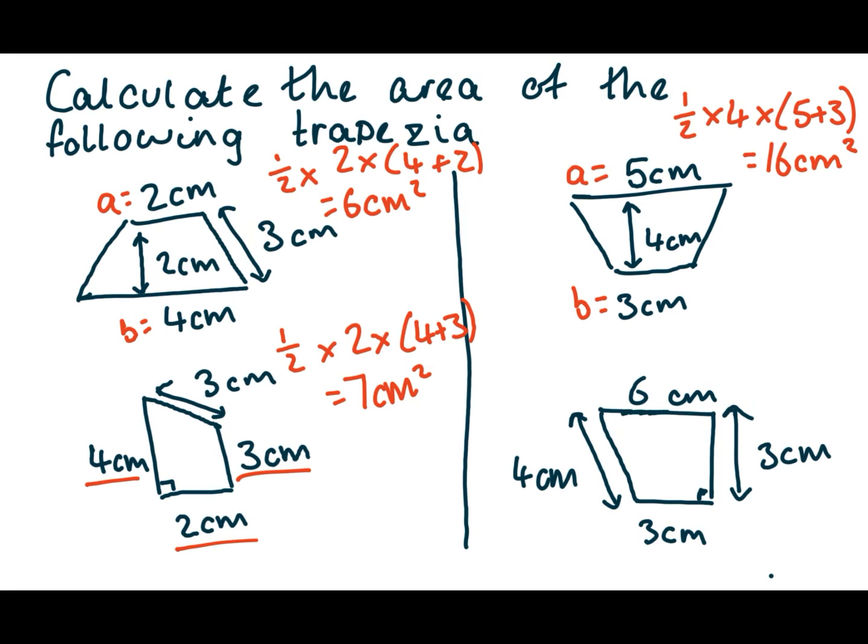And for our next one, our A is going to be this 6 centimetres and our B is going to be this 3 centimetres. Our height, now I know we've got two heights on here, but our height has to be perpendicular to our A and B, so that's going to be this 3 centimetres. So I'm going to do half times H, so that's 3, times 6 plus 3. And that gives us 13.5